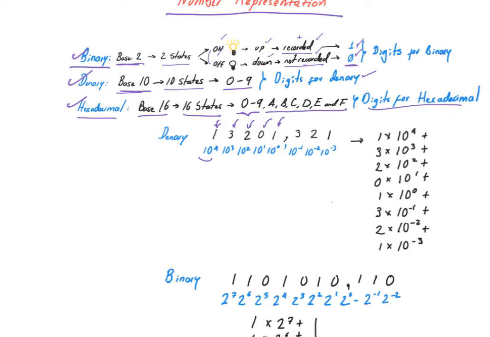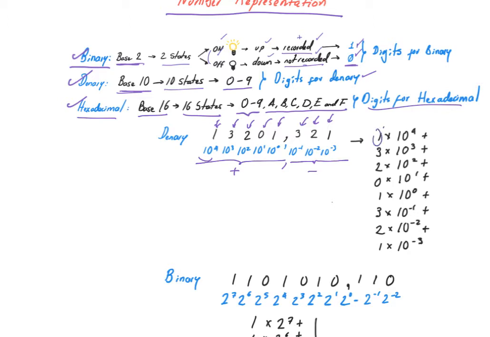So in this number, 13,201.321, each one of these digits is representing a different power of 10. Before the comma, on the left, we have positive powers, and on the right, negative powers. So this number represents